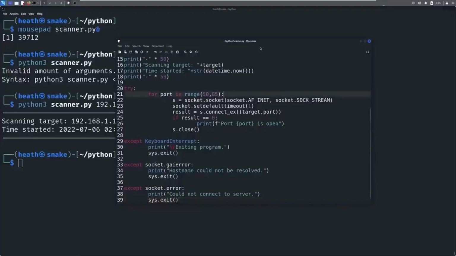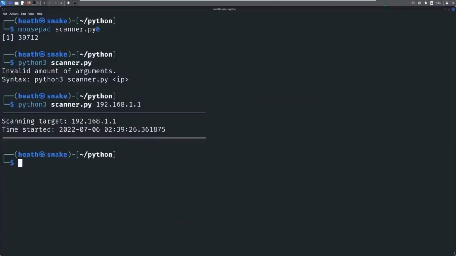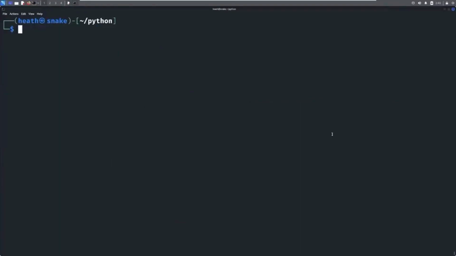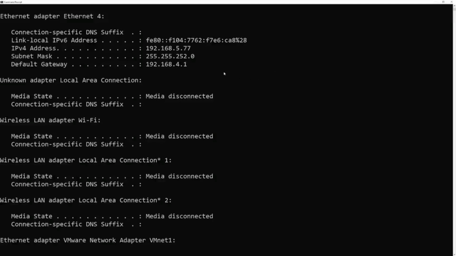Now, you're going to need to run this against something. So I'm going to show you an example of mine. Okay, so in order to run this, we need an IP address. Now, if I type in ifconfig, I'm actually on a virtual machine right now. So 192.168.138.140 is not my true IP address. I'm actually going to bring up my Windows machine that I'm on. And you can see here that I have a default gateway of